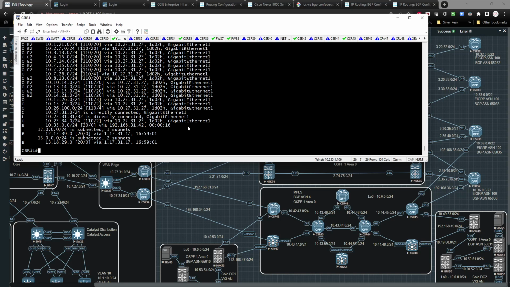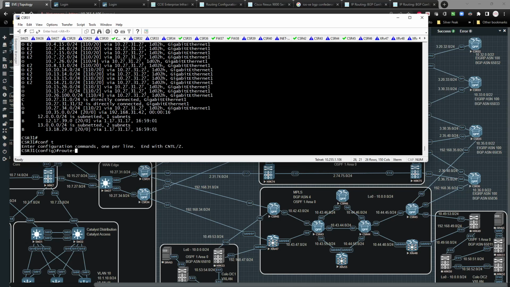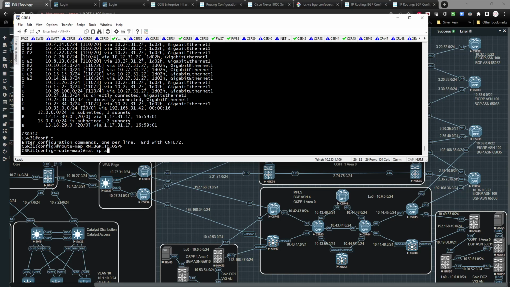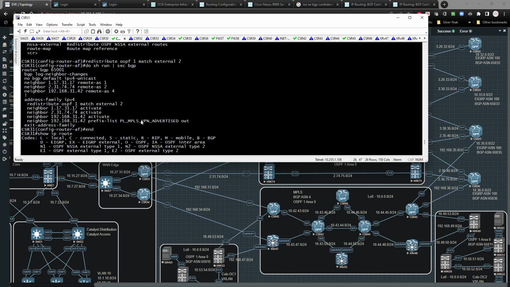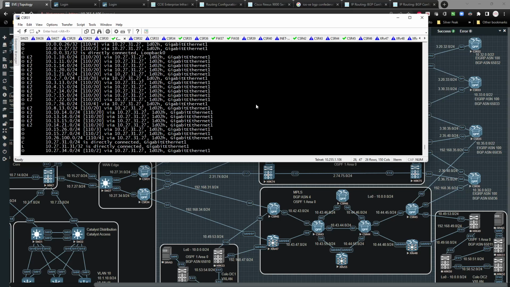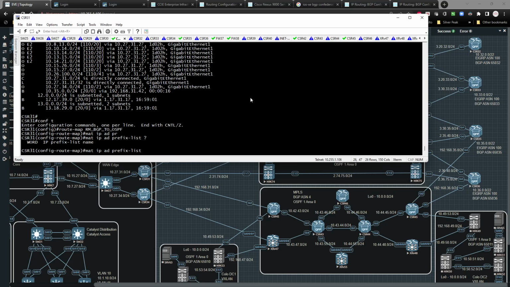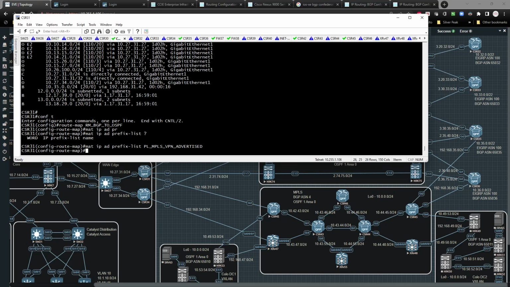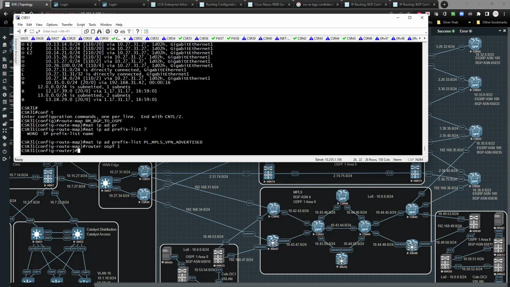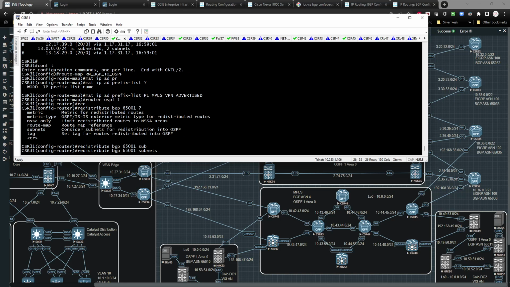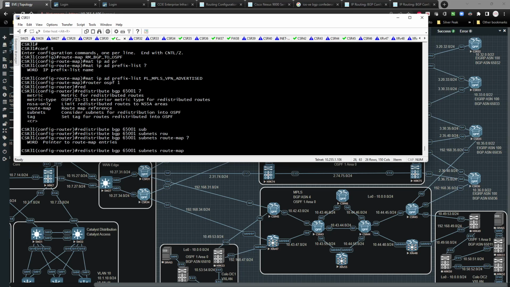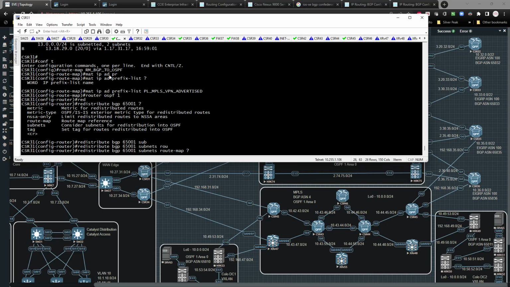So let's go ahead and knock that out real quick. I'm going to go to global config, route map, and type in RM BGP to OSPF. I'm going to say match IP address prefix list, and I'm just going to call it MPLS VPN advertised, even though technically speaking it's not the right one. I could rename it and use a different prefix list. But I'm going to go type in router OSPF 1, and type in redistribute BGP 65001 subnets matching the route map of MPLS